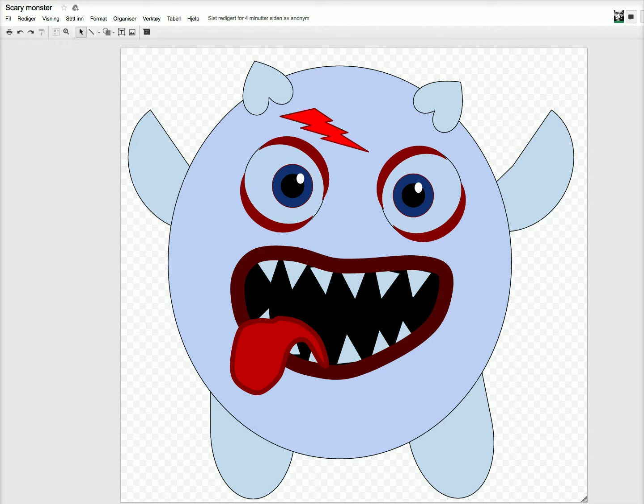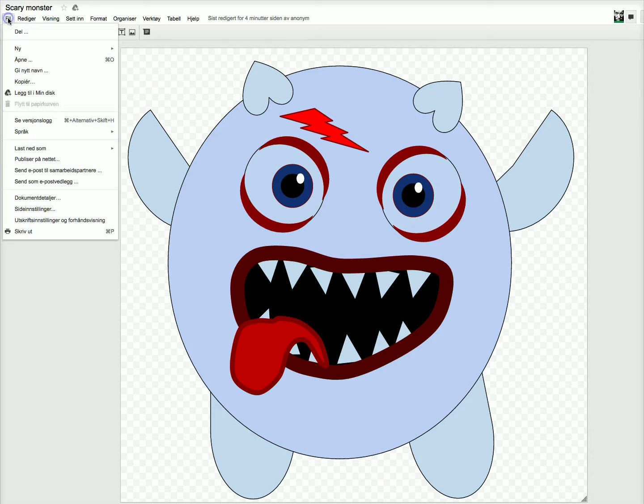But what we want to do is to edit each one of our own copies. So we go to the file menu and make a copy. My menu is in Norwegian because my logged on user is Norwegian, but you will see this in your own language or maybe in English. But you make a copy,